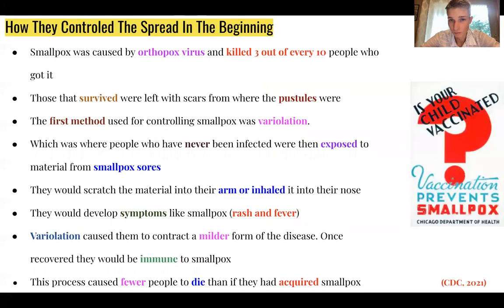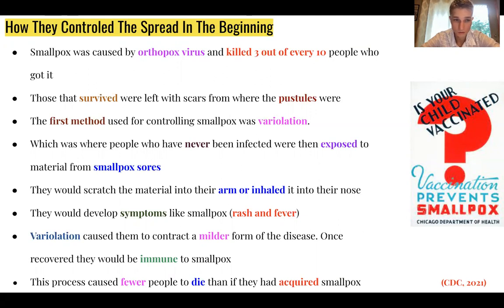So how do we control the spread? Smallpox is caused by an orthopox virus, and it killed 3 out of every 10 people that it infected. Those that did survive were left with scars from the pustules that were left after they scabbed over and fell off. So we had to come up with a method of how we could, in a way, slow down the